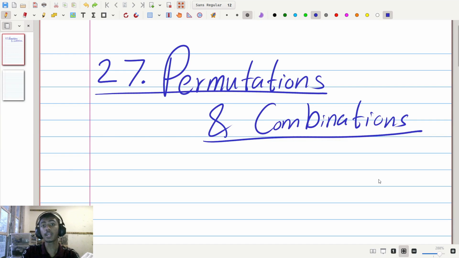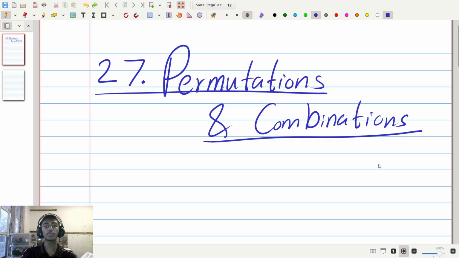Hello and welcome to lesson number 27, Permutations and Combinations. These two allow us to find lots of different things, like the different number of ways in which we can arrange certain elements within a list, the different number of possible ways that we could choose elements to make a subset of a bigger set or list, and the different number of ways in which a certain event could occur, leading to the probability of an event occurring in a specific way or some general way, and many more different